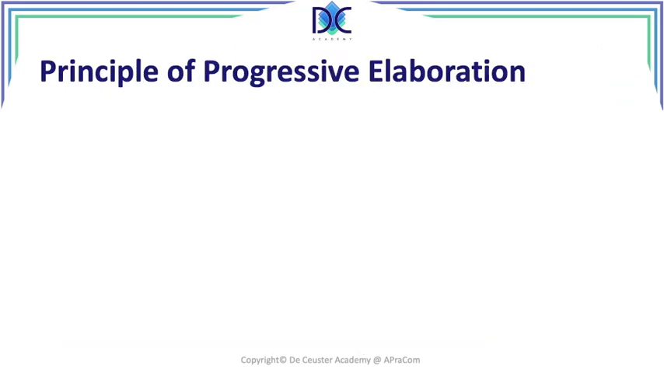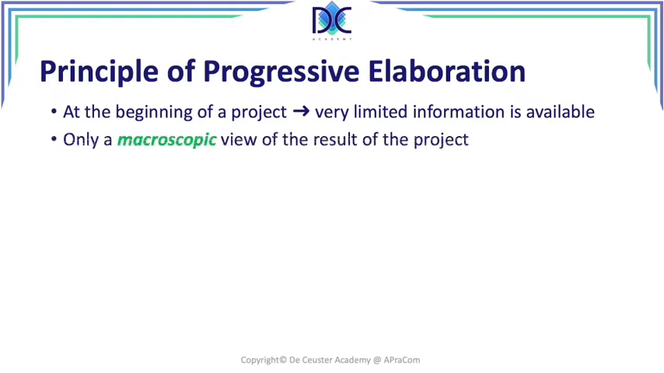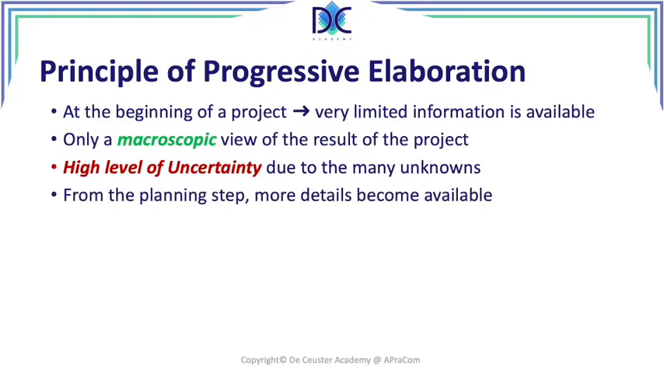Now, when we look at progressive elaboration, we already spoke a little bit about it. When we start with the project, there is very little information available. We have a macroscopic view of the result of the project. We know where we want to go, but we have a very high level of uncertainty because at the beginning, we still have a very high number of unknowns. Now, from the planning steps,